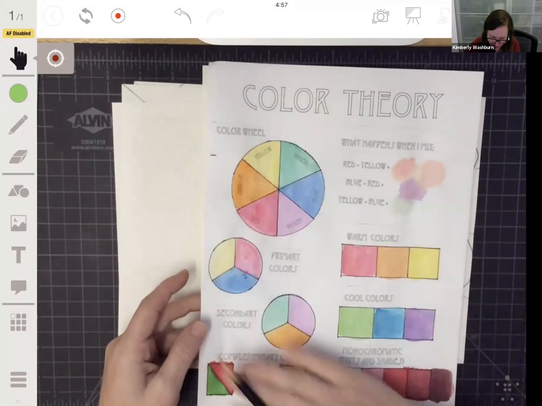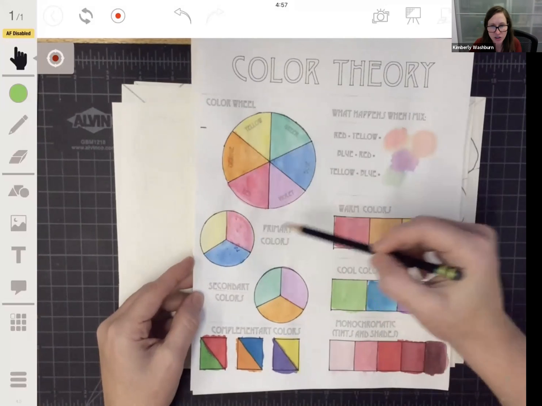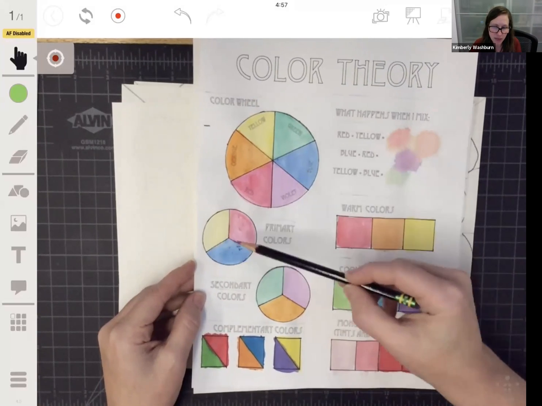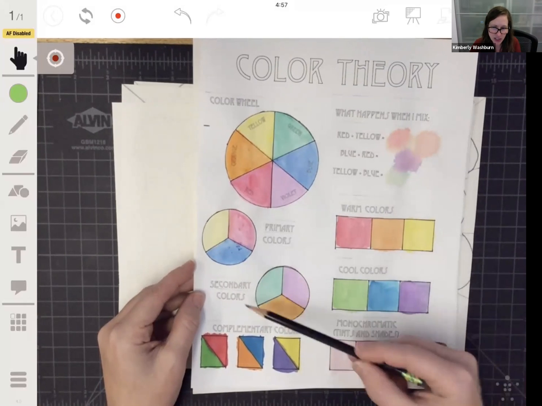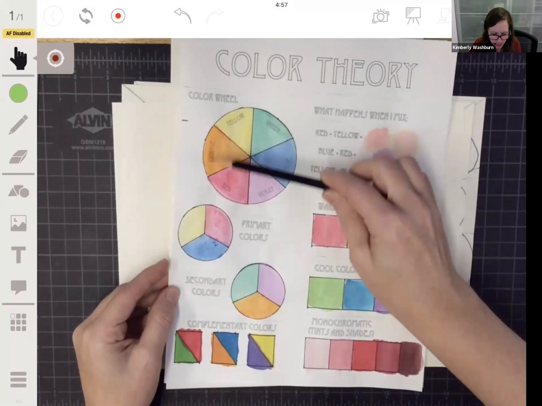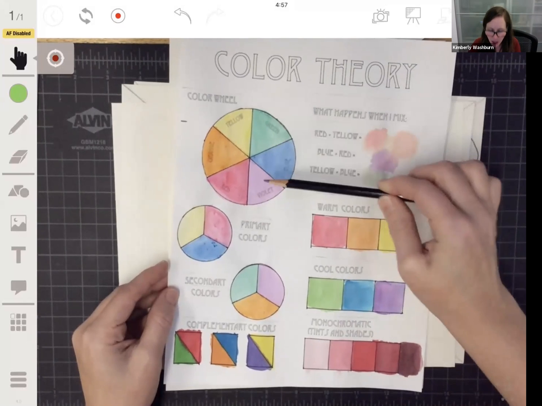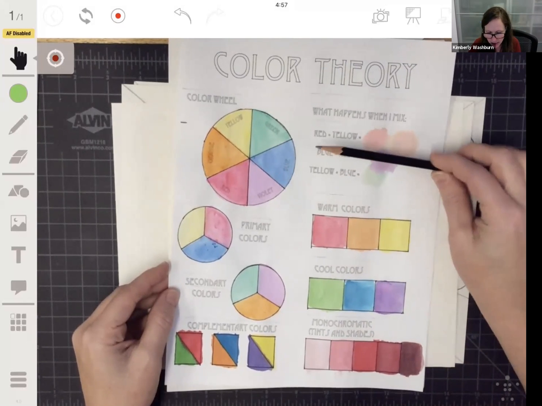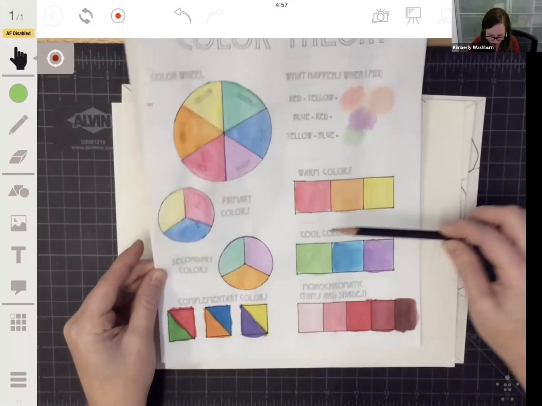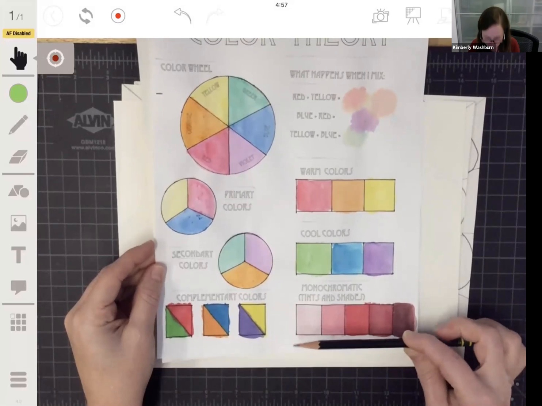And go ahead and practice all of these skills. So please practice creating a color wheel and using the color wheel to help you find primary colors, secondary colors, and complementary colors. Then find your warm colors and your cool colors. Practice mixing your primary colors to make secondary colors. And then practice making a monochromatic color scale. So